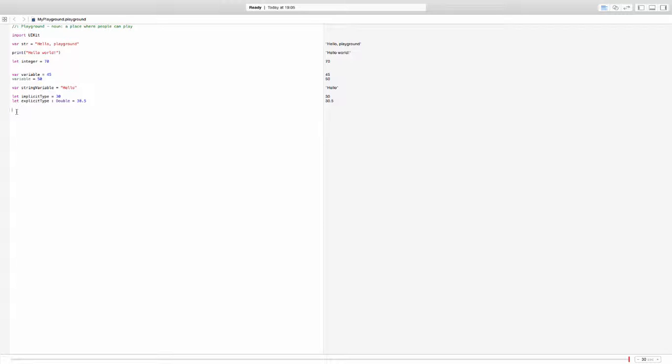So let's do a little example in here. For example, I have the explicit type constant in here. I can do some evaluation to its value with the if keyword and evaluate if the explicit type is greater than 20. And if that is true, I need something to be done, and that something is going to be between these brackets. So in this case, for example, I may want to print